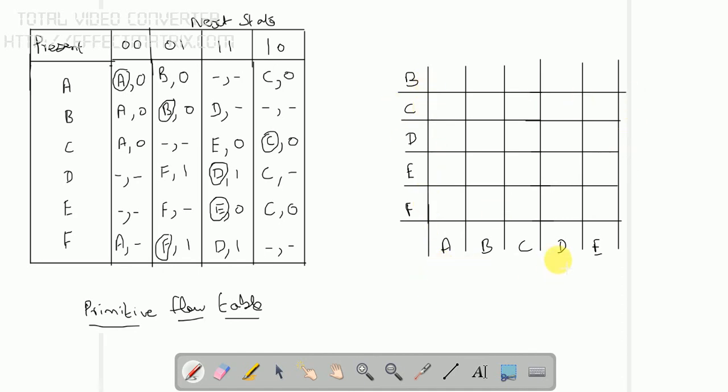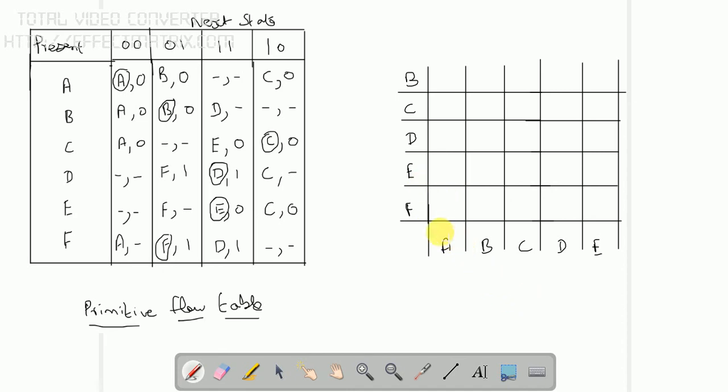In the row-wise I'm writing A, B, C, D, E, so 5 values, and column-wise I have started from B, C, D, E, F. So I have eliminated the first value in the column-wise and eliminated the last value in the row-wise. Now I'm going to check whether my A value is equal to B value, A and C, A and D, A and E, A and F. For every state B, C, D, E, I'm going to check the equality of every state. Okay, so that is the step I'm going to use here.